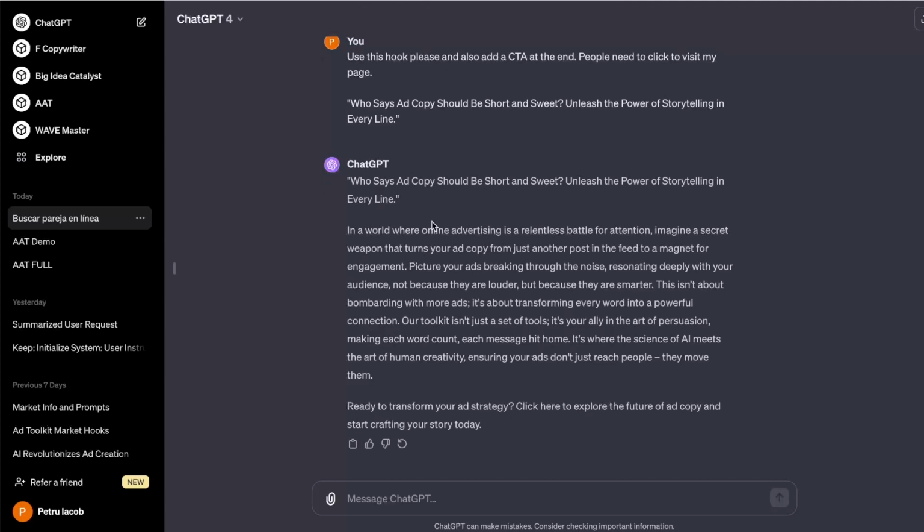So who says ad copy blah blah in a world where online is relentless battle for attention? Yeah, I think it fits. And if it doesn't fit, then you can have ChatGPT rewrite this and tell it specifically to alter the big idea copy to fit the hook. Ready to transform your ad strategy? Click here to explore the future of ad copy and start crafting your story today. Okay, now let's